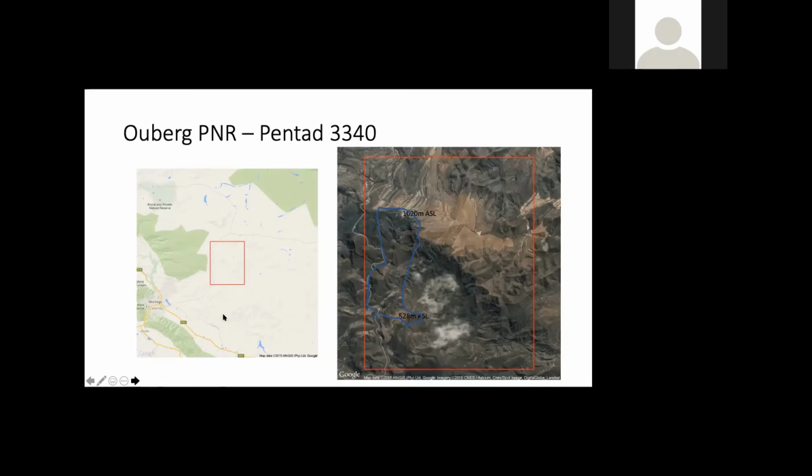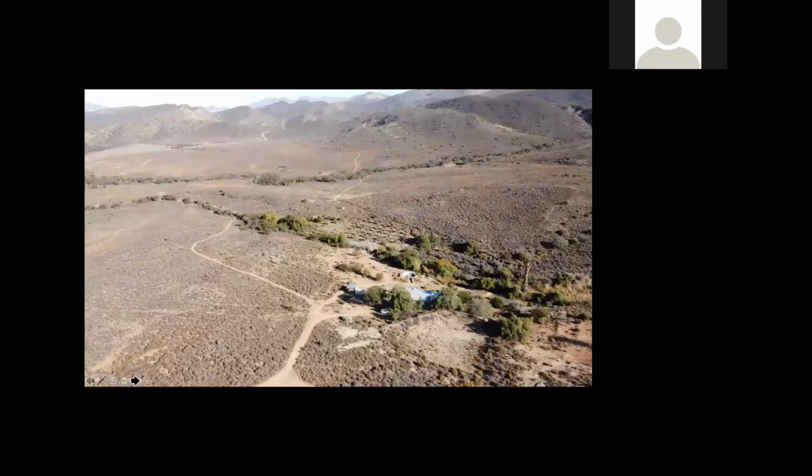So that's the farm taken in about May this year. You can see before the rains start, it gets extremely dry, very low rainfall, between 150 and about 350 millimeters per annum. This is our main farmhouse, where I'm speaking from now. There's an old olive grove, which we're busy fixing up. And this whole area is the farm going up to the back here. It's about 1,000 hectares. So you can see, very dry, very scrubby,